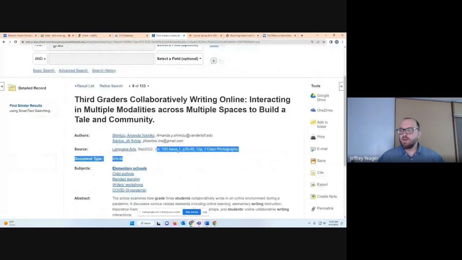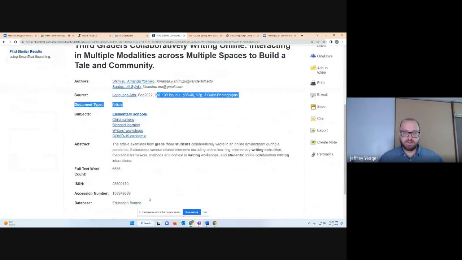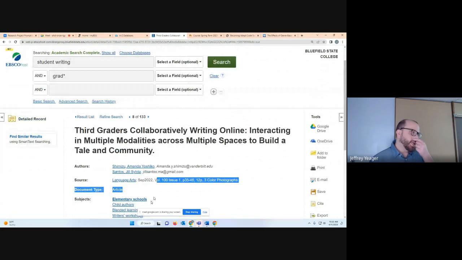Note here that we don't have instant access to this article. It's something that's cataloged in this database, but the article itself is not in here. There's a reason for that. It's probably in another database that another company owns. So we can't get it right away.